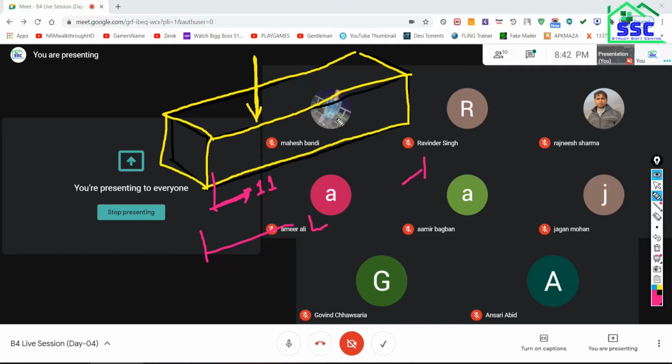So this is a beam member, this is the length, this is the depth, and this is the width. You all are with me? So this is depth, this is width, and this is length.